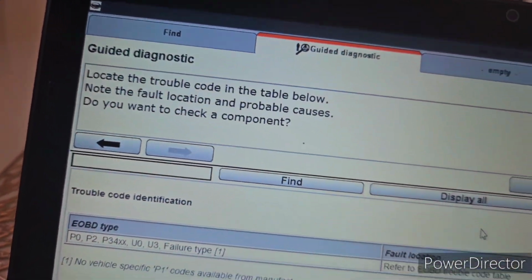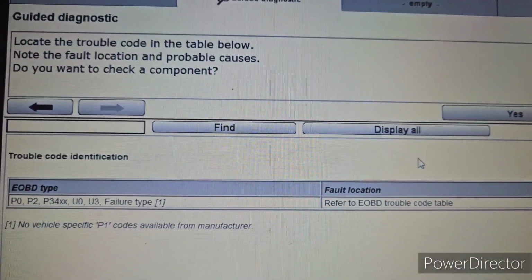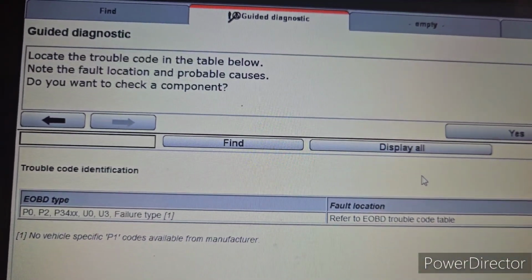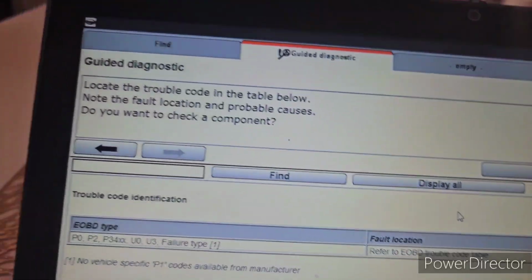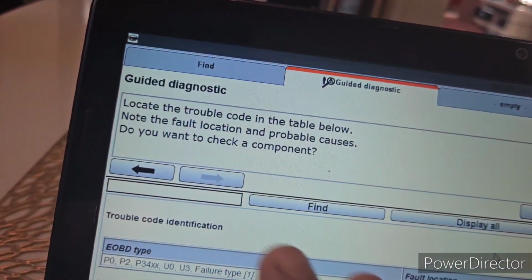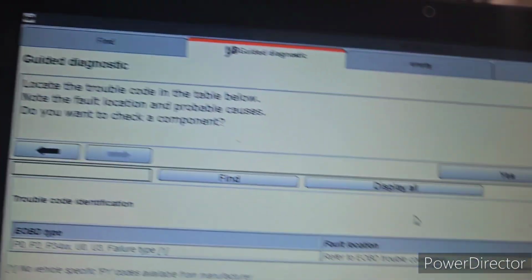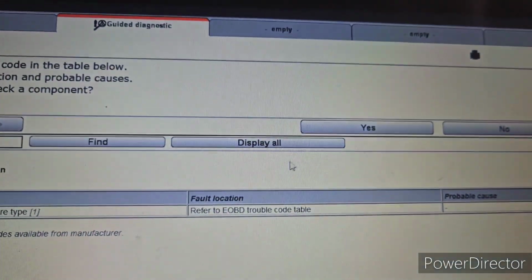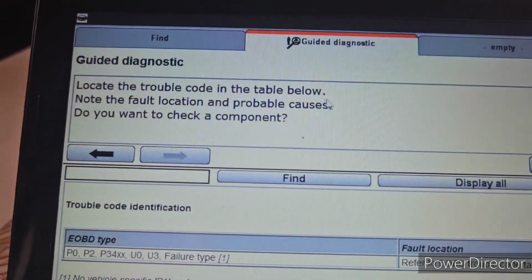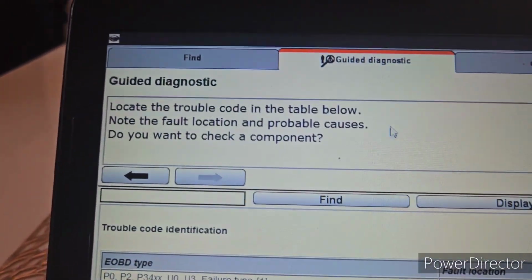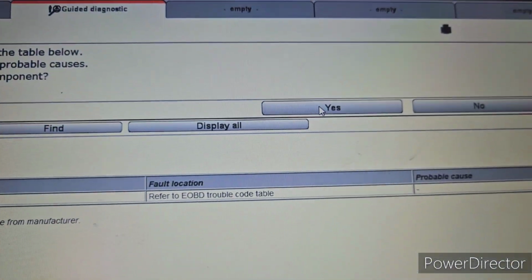So it will search the fault code, I think online, and it will give you the meaning of the fault code. I haven't tried this one, guys. So let's say yes to this question. If you press this yes,